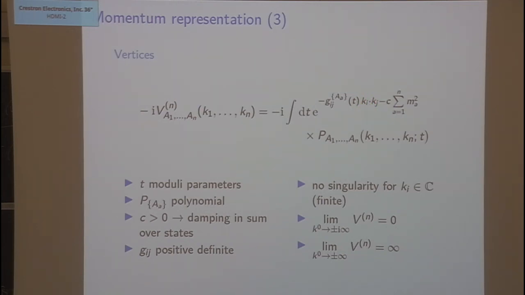The point is that this G_ij is positive definite. Because of that, you see that for spatial momenta you get a minus sign, so this converges. But for time-like momenta, this will diverge because you will get a plus sign. So you will have to take care of it, and it's at the end because of that problem of the time-like direction that you cannot go back to position representation.